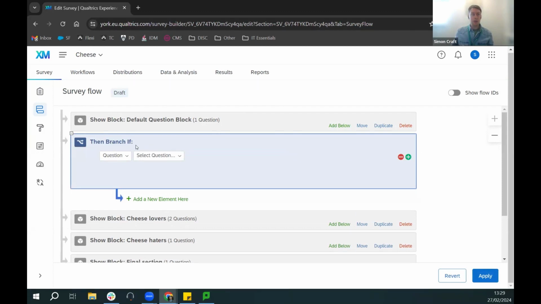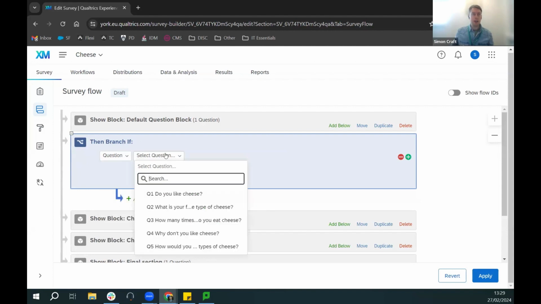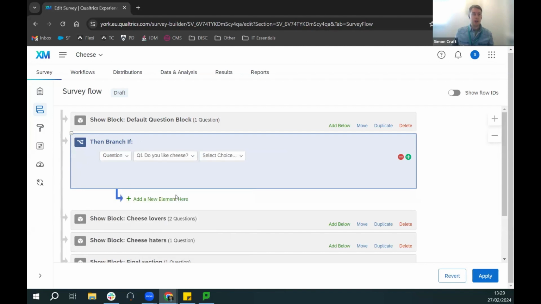So this is where I choose my if condition for this branch. That could be based on things like embedded data. If you had some data about the people, if you wanted everyone over the age of 30 to answer certain questions and under the age of 30 to answer others, there are ways to do that in Qualtrics. Or if you wanted specific stuff for different departments. But what I'm going to do is base it on their answer to this question: do you like cheese? If they choose yes,